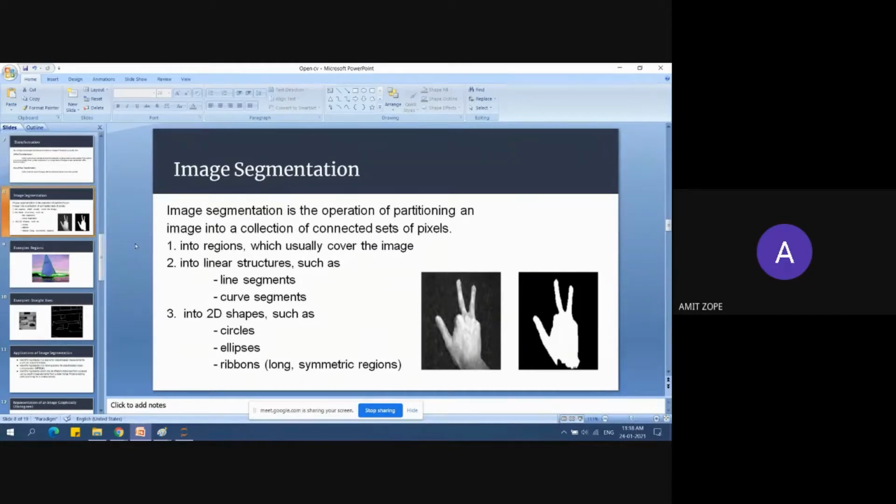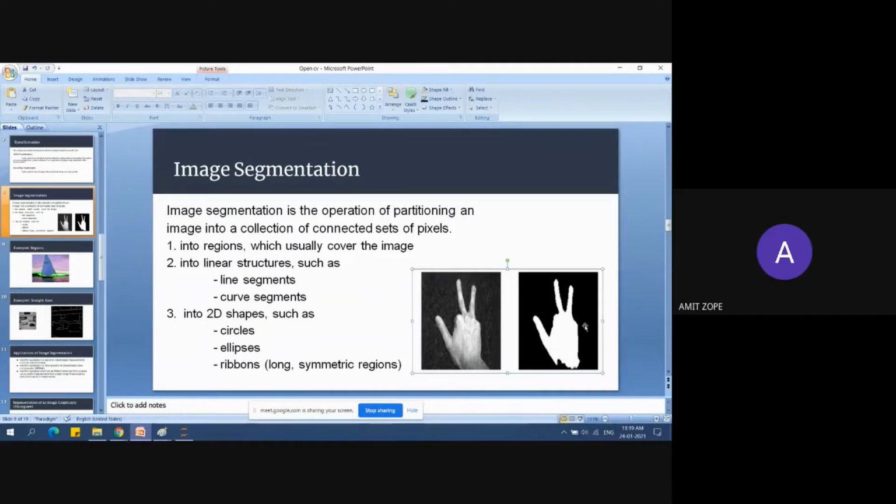Then image segmentation. Before going on to thresholding, image segmentation is also one part, which groups connected pixel values. You can see here in the image that the hand has been detected, that pixel value is 255, and the pixel value for the black is 0.